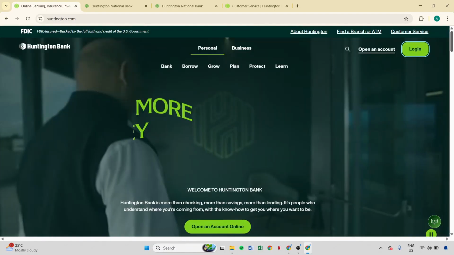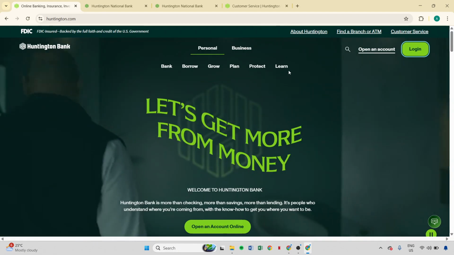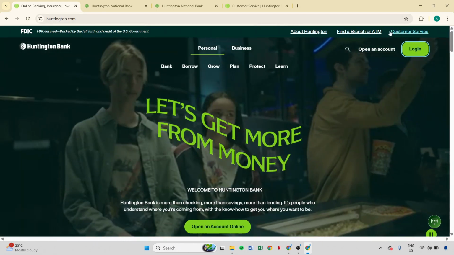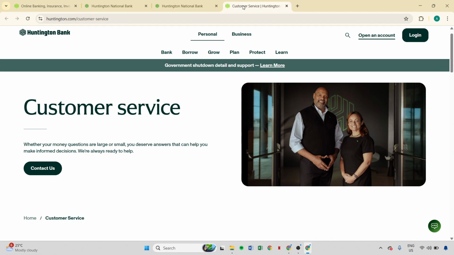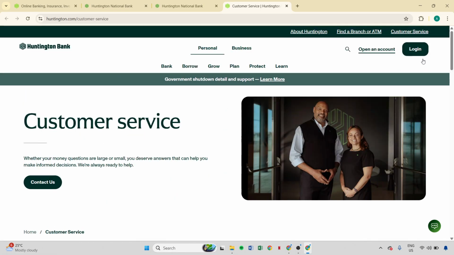If none of these steps resolve the issue, it's time to contact Huntington Customer Service. You can reach them at 800-480-2265, and they're available 24/7. The customer service team can help unlock your account, reset credentials, or provide confirmation of any bank-wide outages that might